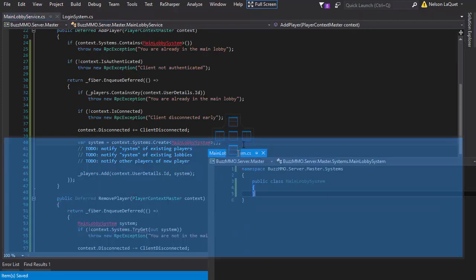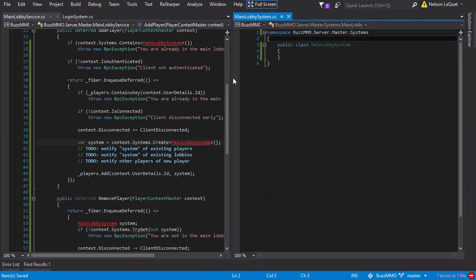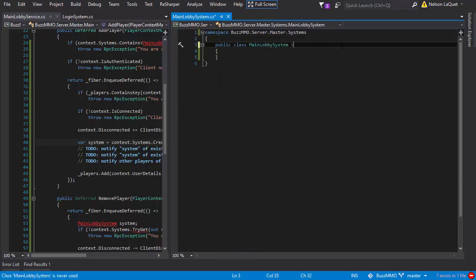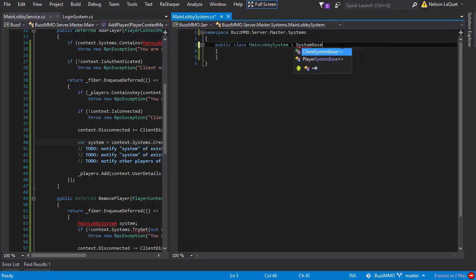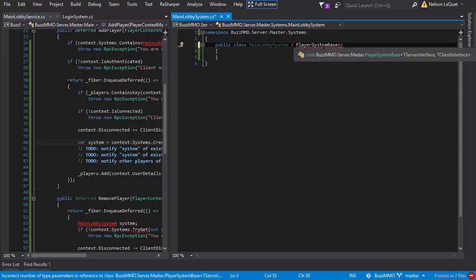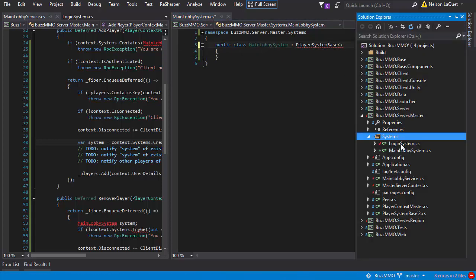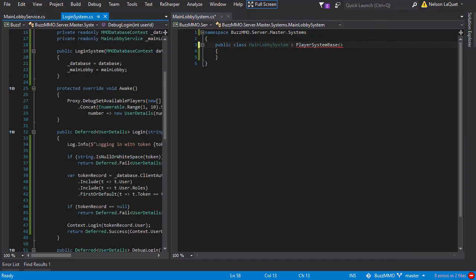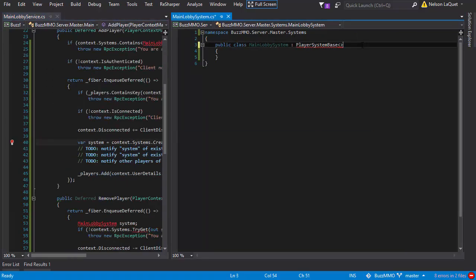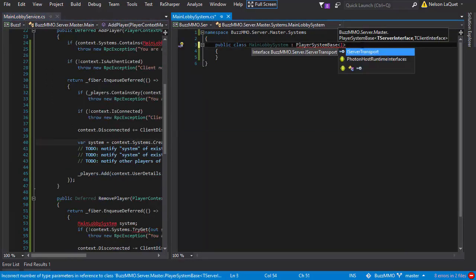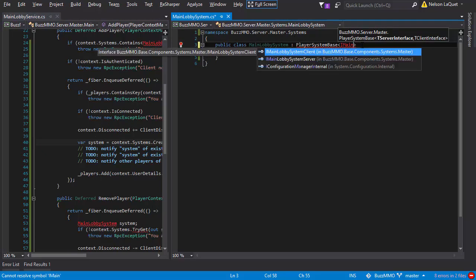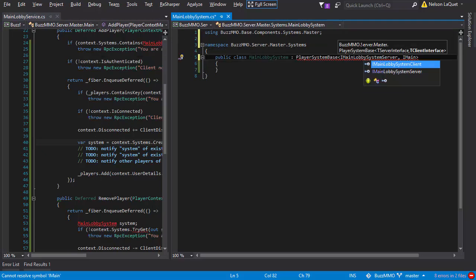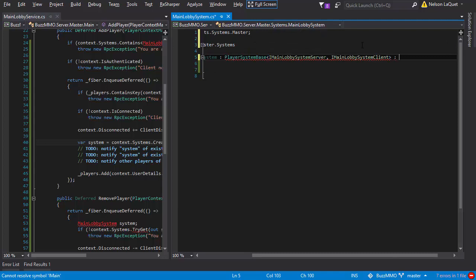And now that that's implemented, I'm going to make sure that I make it have the right type. So it's a system base, so a player system base, which I believe is the correct one. Kind of forgot that. Yes, it is a player system base, and we'll pass in a main lobby system server, main lobby system client, and it'll implement main